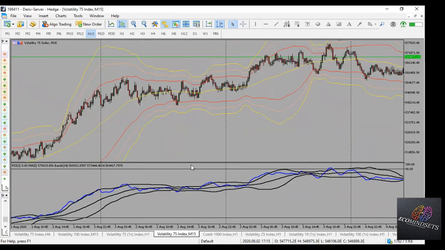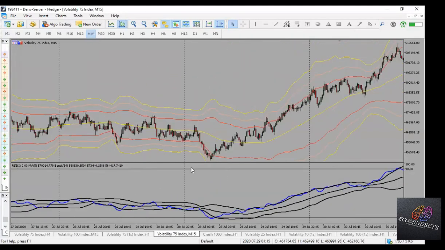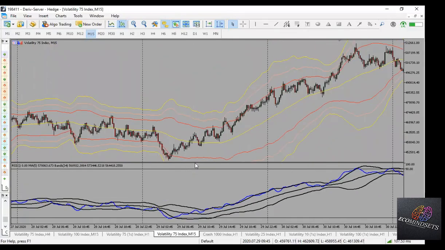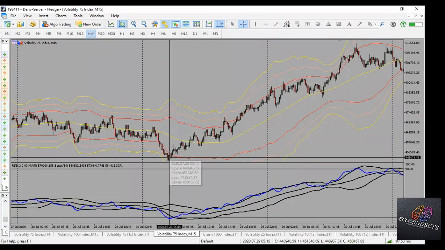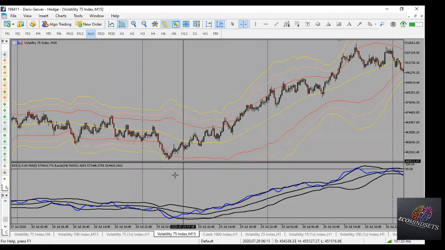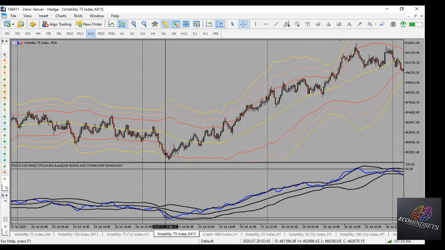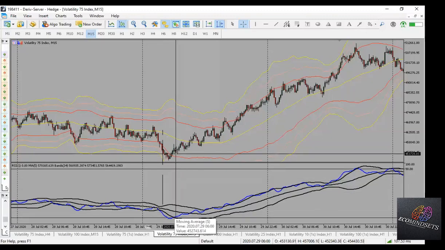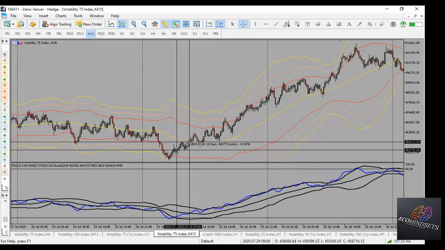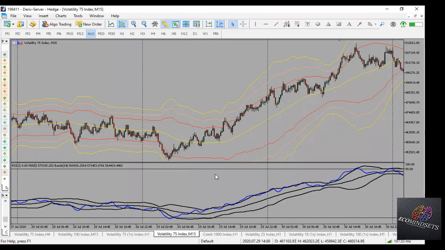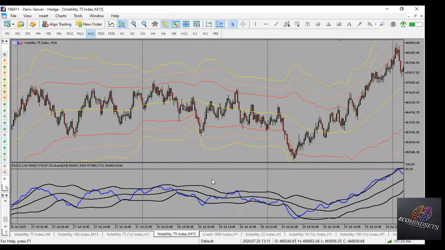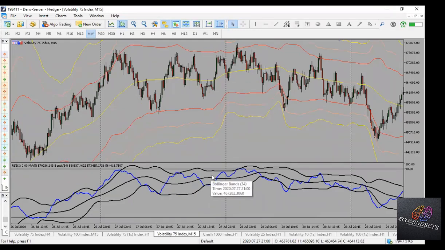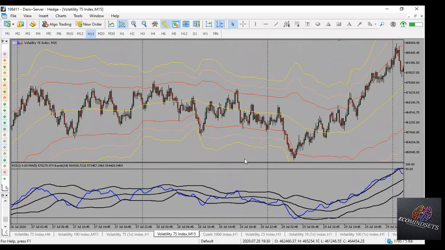Okay, if you have any questions on this, you can quickly ask, and then I explain it. Here also you can see this opportunity. There was a rejection here on the lower Bollinger Band indicating a sell opportunity. And right here on our indicator window, we can see this break out and then break in. So our entry would have been here, and we would have ridden that and scalped that opportunity as well.